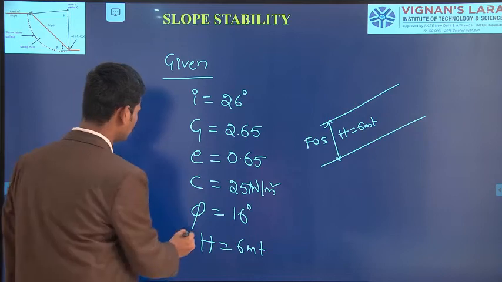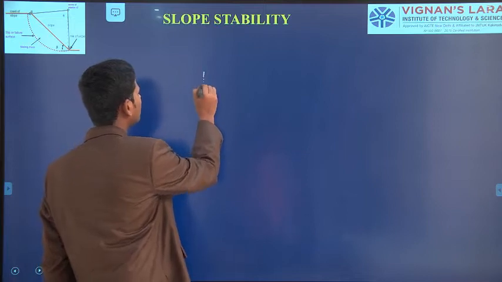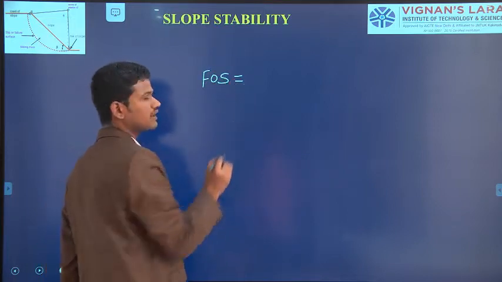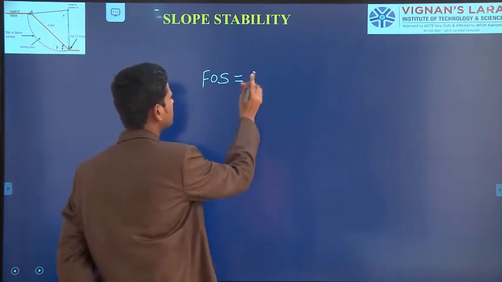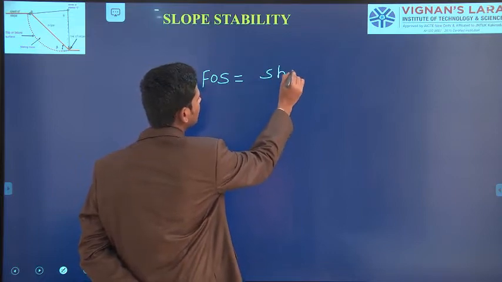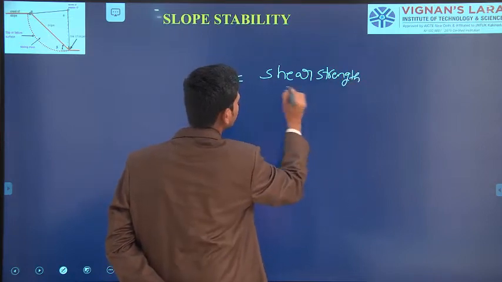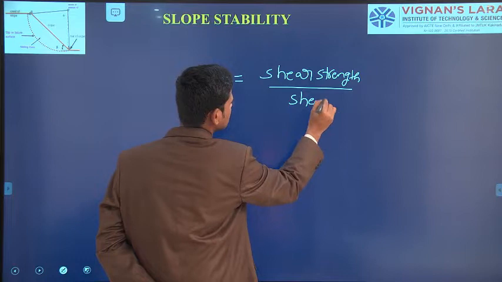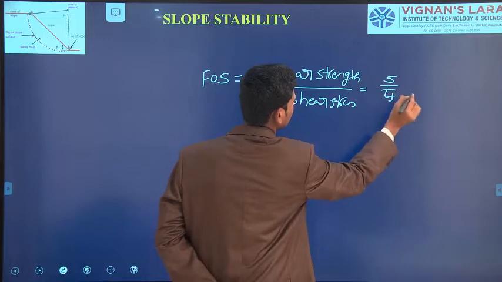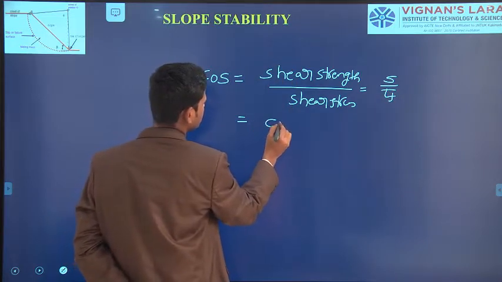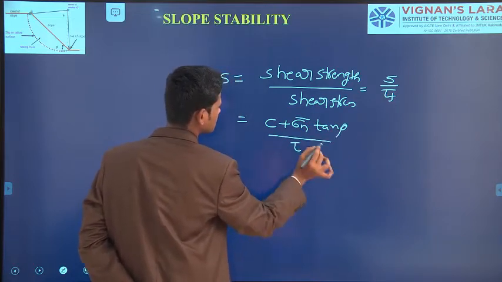Okay, this is the formula. Here you can write it as Z or H. For this formula we are having the factor of safety. If you observe, our condition is when the soil mass has both cohesion as well as angle of internal friction. So the factor of safety equals shear strength divided by shear stress, that is S divided by tau F, where S equals C plus sigma n bar into tan phi, divided by shear stress tau.